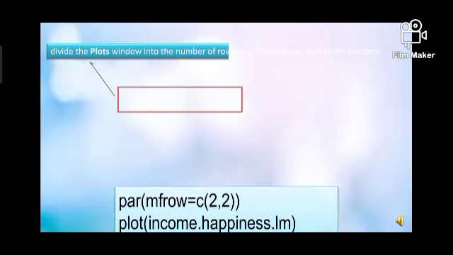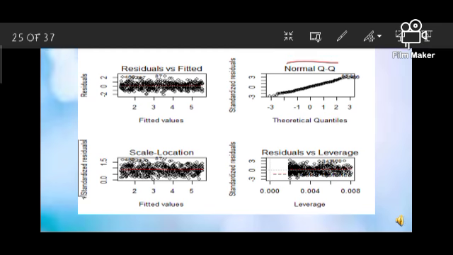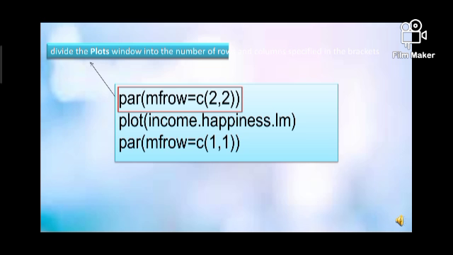Now we will check for homoscedasticity. Before proceeding with data visualization, we should make sure that our model fits the homoscedasticity assumption of the linear model. So we can run the plot function to check whether the observed data meets our model assumption. Here, as we can see, the par function with mfrow.